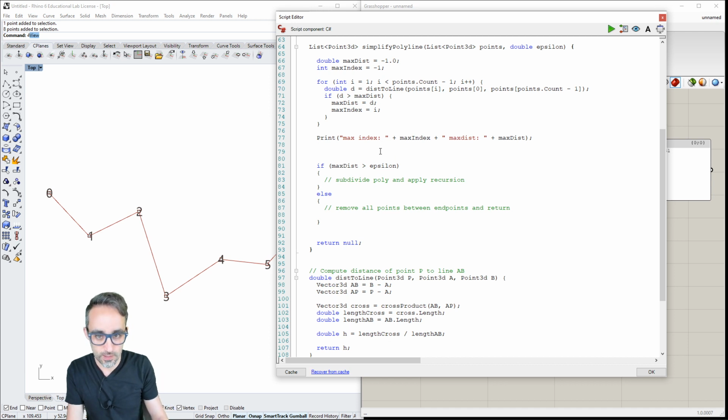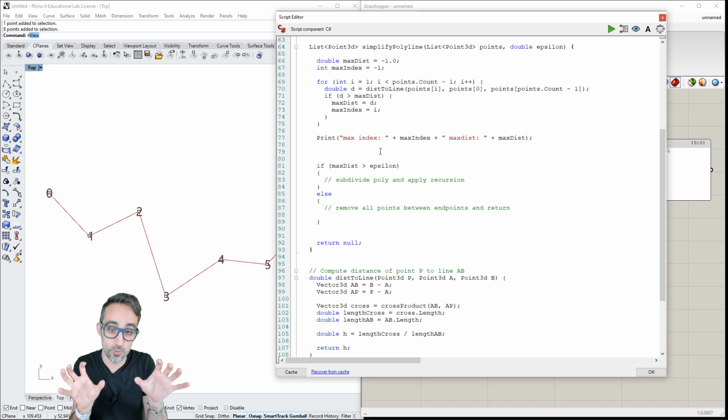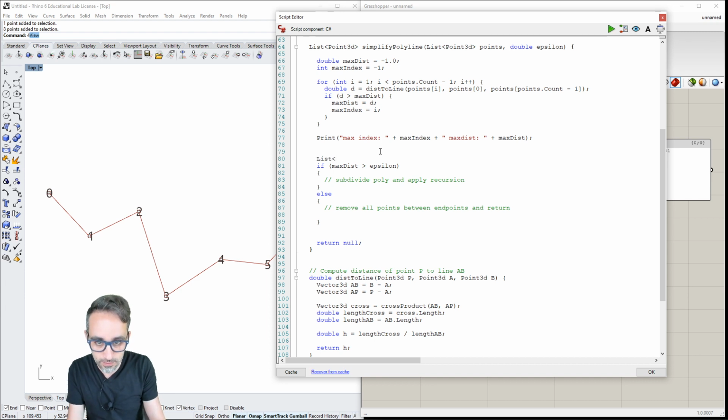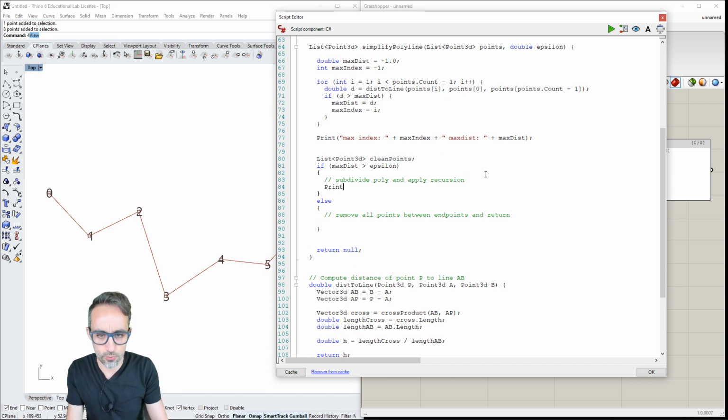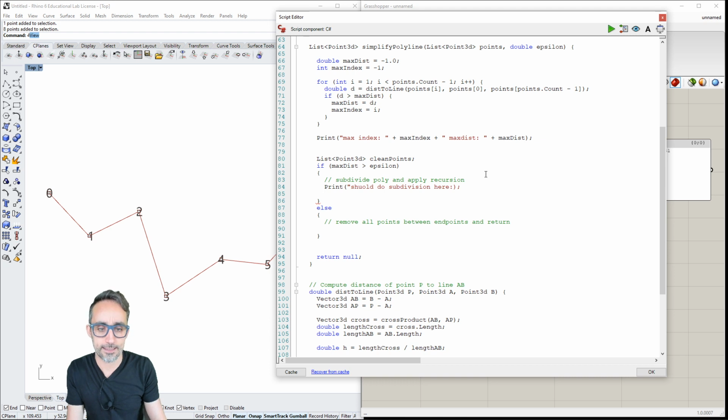Before I decide what to do with each one of them, I'm going to create an empty list here, which is going to be clean points, and I'm not even going to initialize it here. I'm going to write some placeholder text like "should do subdivision here", and then here I'm going to initialize this list to just a new empty list.